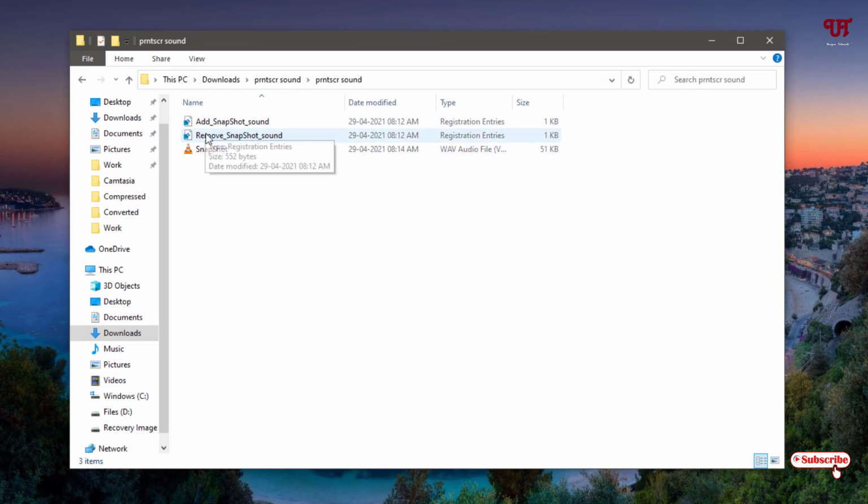The first option you can see here is add snapshot sound. This will add an option of snapshot in the sound settings. If you want to remove it later, if you don't need it, then you can just use this second file to remove this snapshot sound option. And the third one is the audio sound of a screenshot that I've added. So how you can edit in the